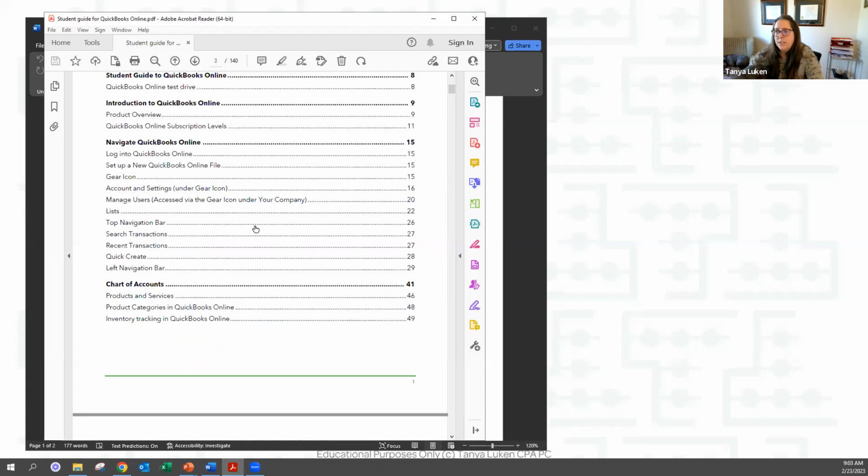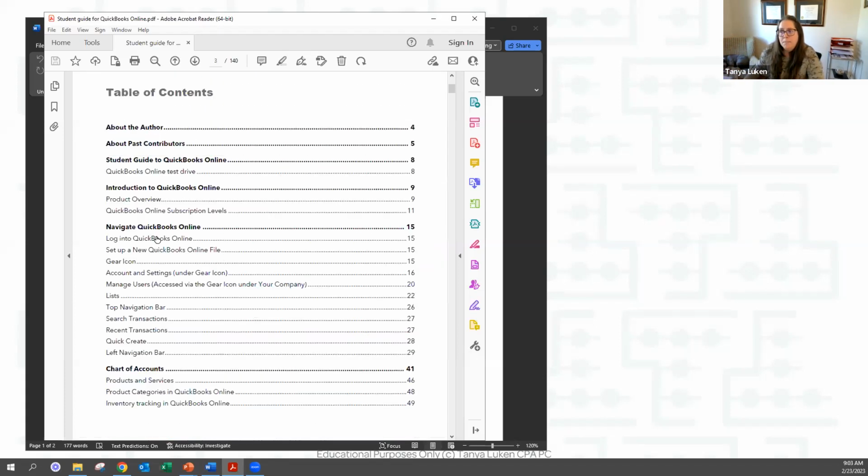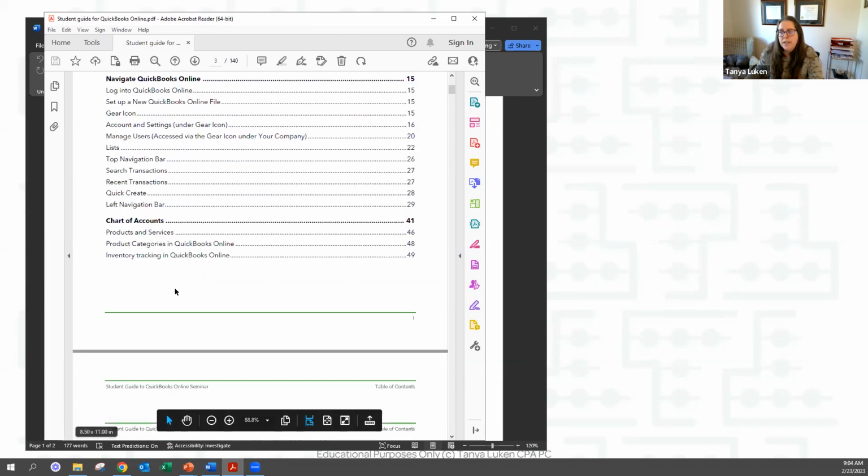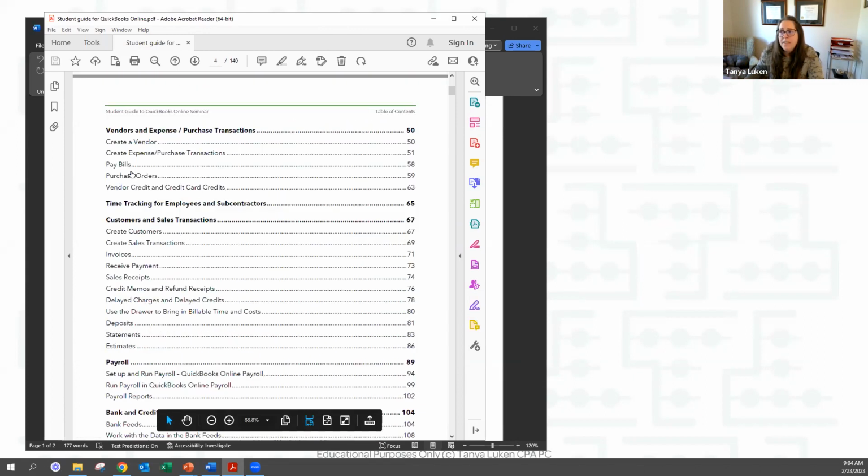But the student guide is divided into roughly the same topics that we cover. Like how to navigate around QuickBooks, which we beat to death yesterday when we talked about the list menus and the gear icon and the plus new button. The chart of accounts here, the vendors and expense transactions here.